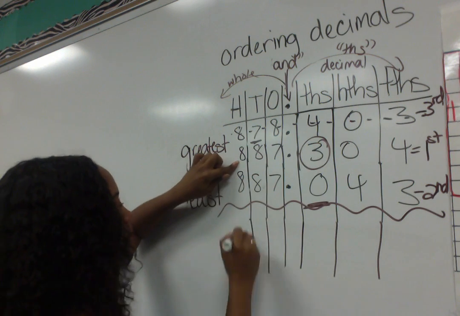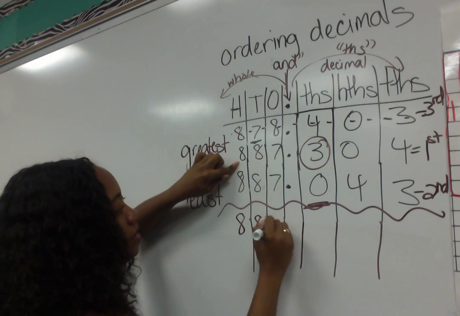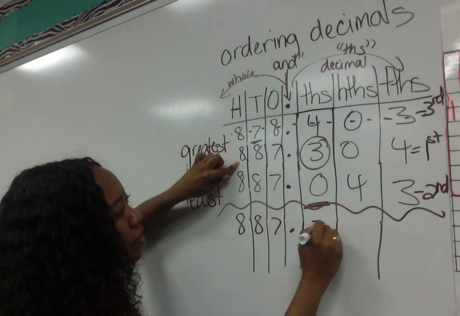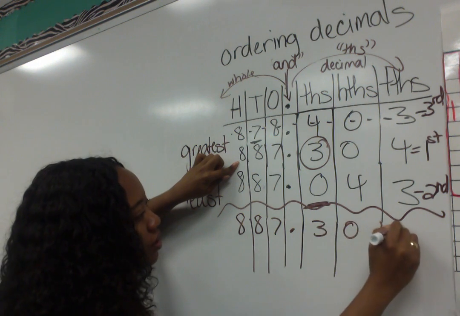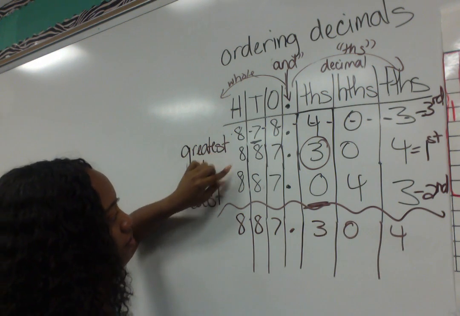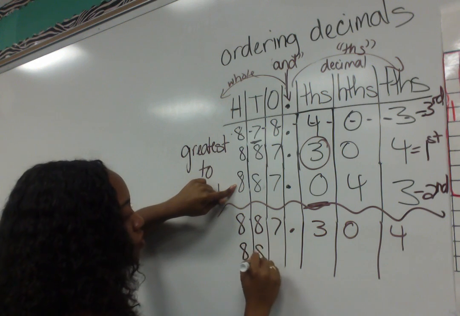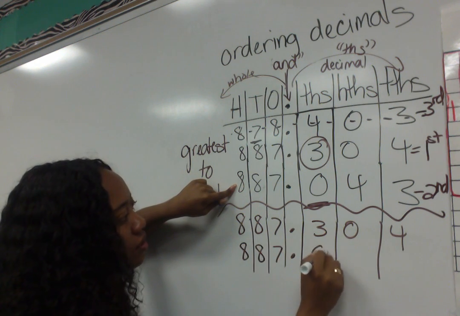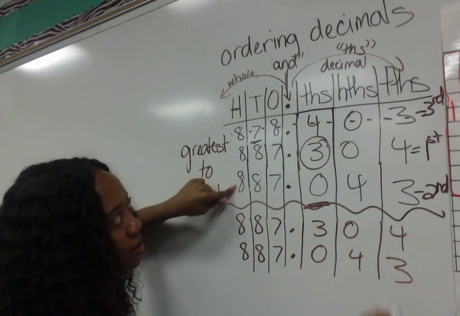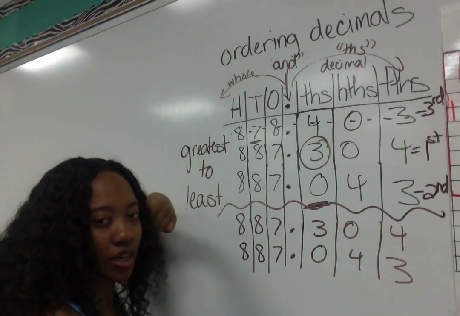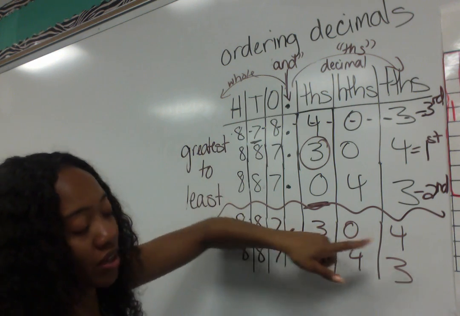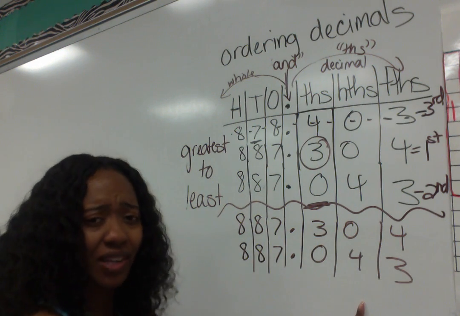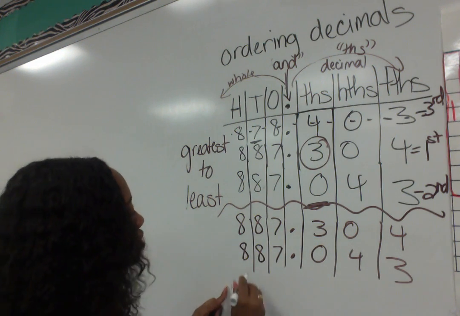First place we said was 887 and 304 thousandths. Second place, 887 and 43 thousandths. You can already hear it when you say it. I went from 300 to only 43. Sounds about right. Last one,